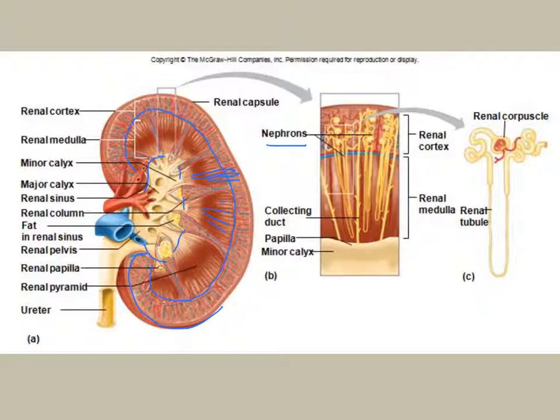Some of the nephrons sometimes just stay in the cortex and they're little structures, but many of them are going looping down right into the medulla. Collecting ducts are what happens after the urine has been made. The collecting ducts then move out of the medulla and down into the renal pelvis, this empty space in the middle of the kidney, which then would empty into the two ureters, depending upon which